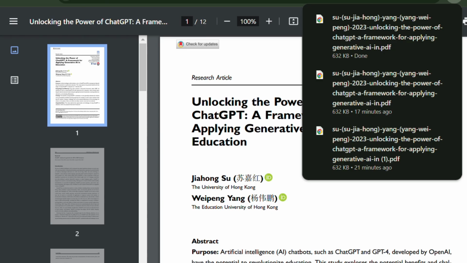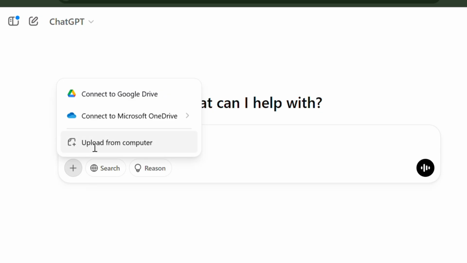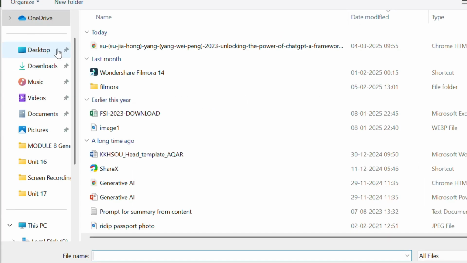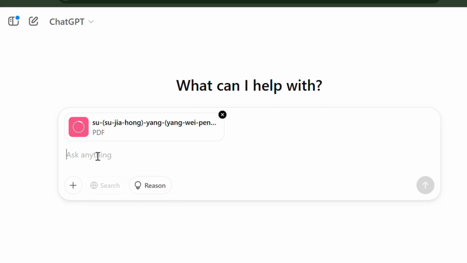Now, let us summarize the content of this particular research paper using ChatGPT and DeepSeek. First, we will see the summarized content that will be generated by ChatGPT. So here I will upload files and more option. I will go here, upload from computer, desktop. This is the file. I will upload it, and here I will write a prompt like summarize